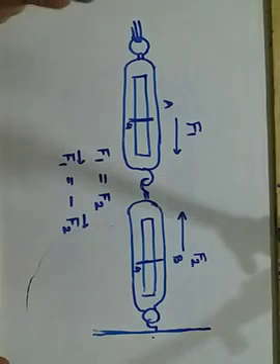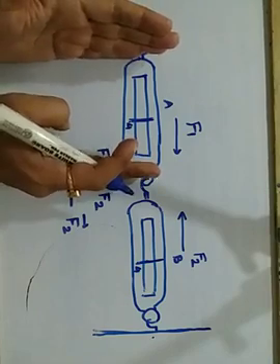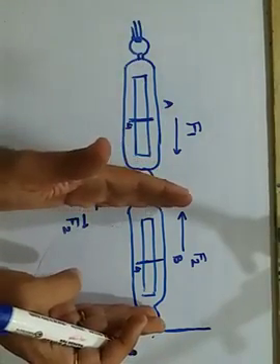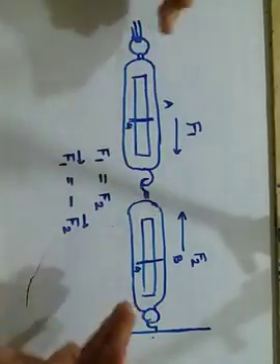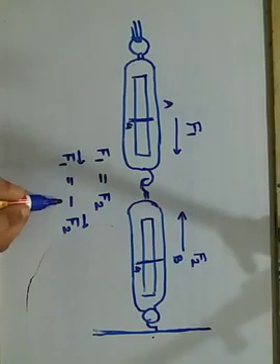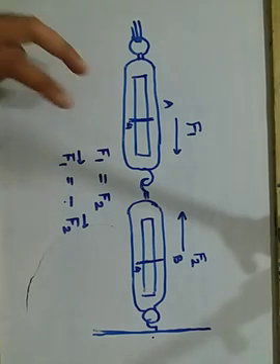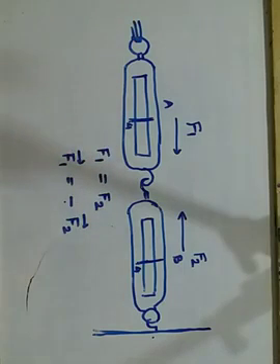Just notice where the action is taking place and where the reaction is taking place. The action is done by the spring balance A and the reaction is shown by the spring balance B. And since they are acting in opposite directions, we put a vector notation, that is F1 bar is equal to negative F2 bar. This negative sign again indicates that they are in opposite directions. Getting it? So again, an example showing action and reaction with a spring balance.